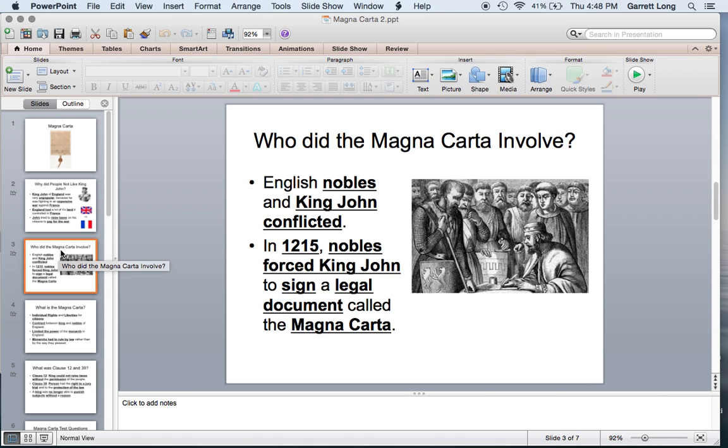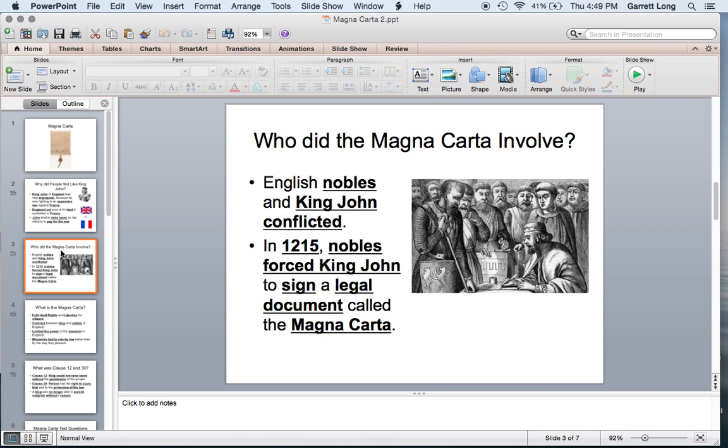And English nobles and King John conflicted. They didn't like each other. He wanted to do one thing, they wanted to do another. So in the year 1215, the nobles forced King John to sign this legal document that was called the Magna Carta. Now, never before has an English monarch had to sign a document. And this Magna Carta document that was signed in 1215